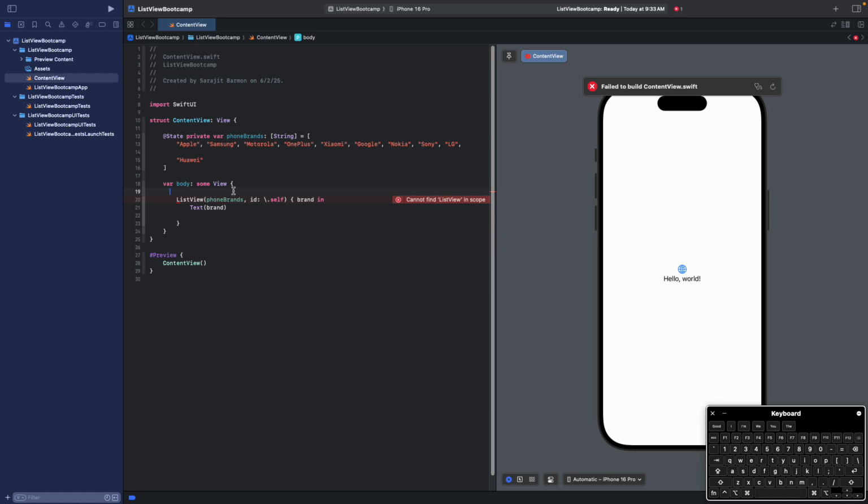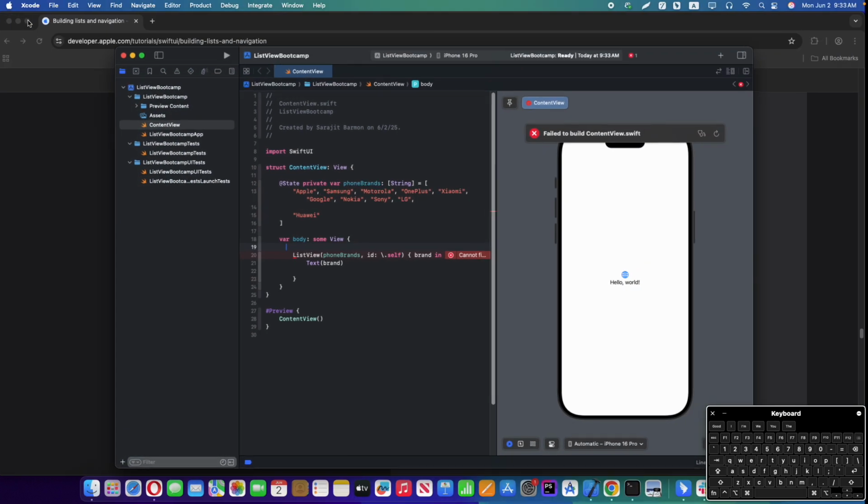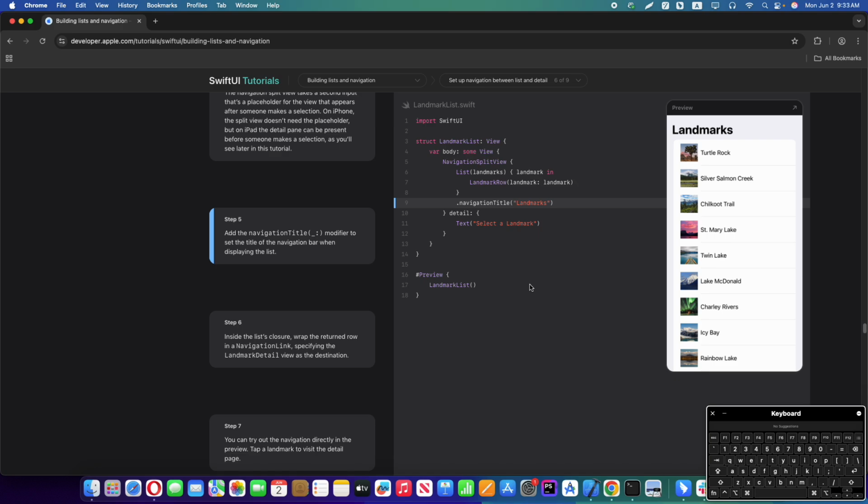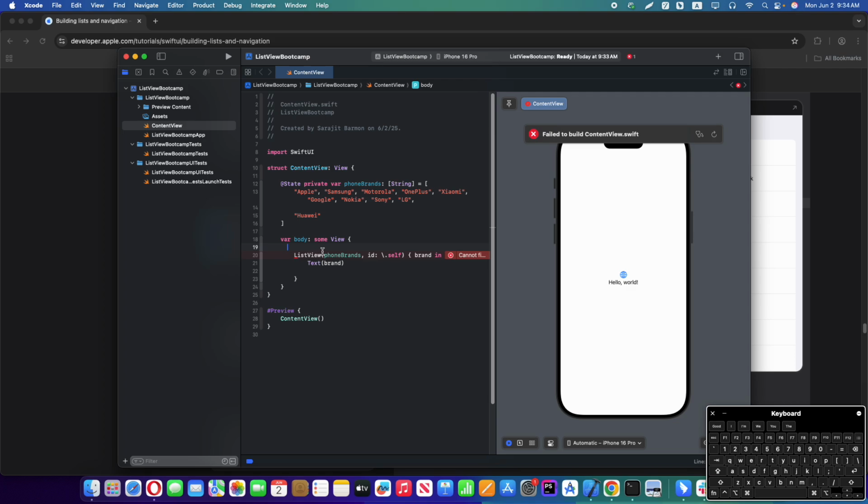And here let's, okay. So let's go to documentation and see what they say. Yes, so this is list view. This is not list. This is going to be list. Okay, so you can see